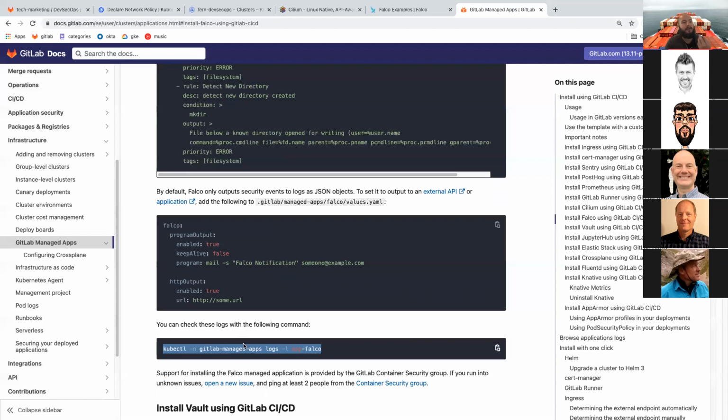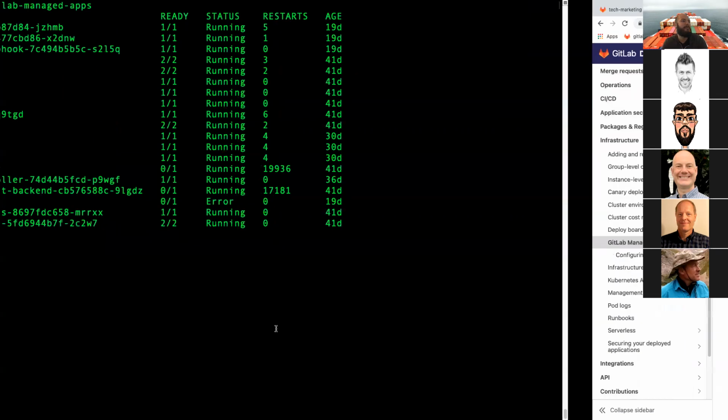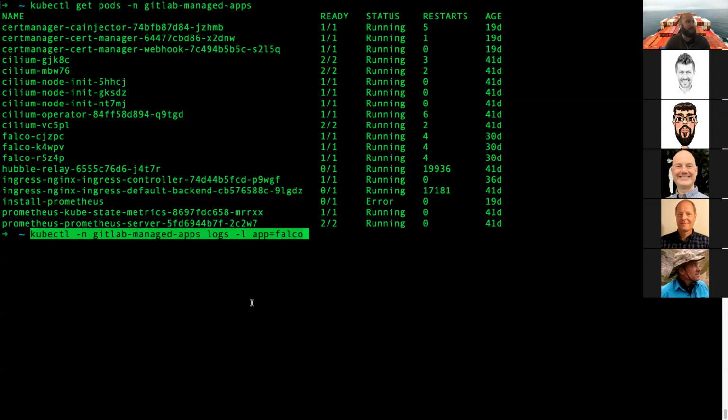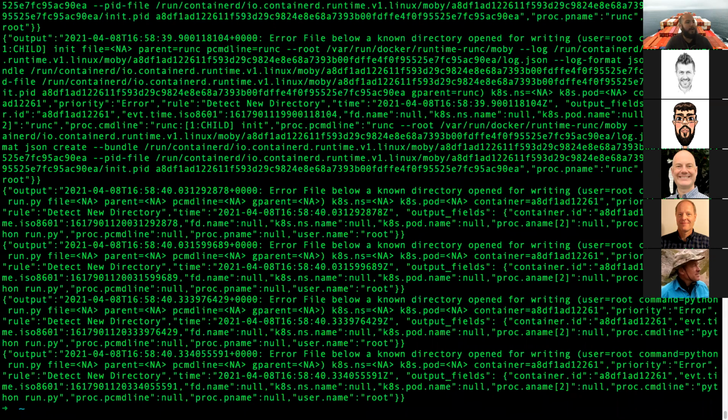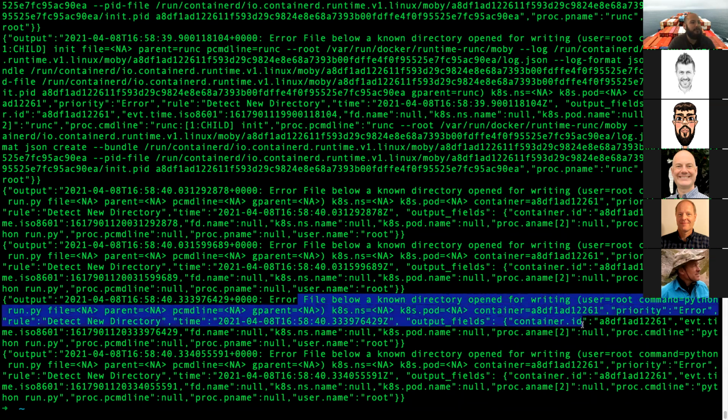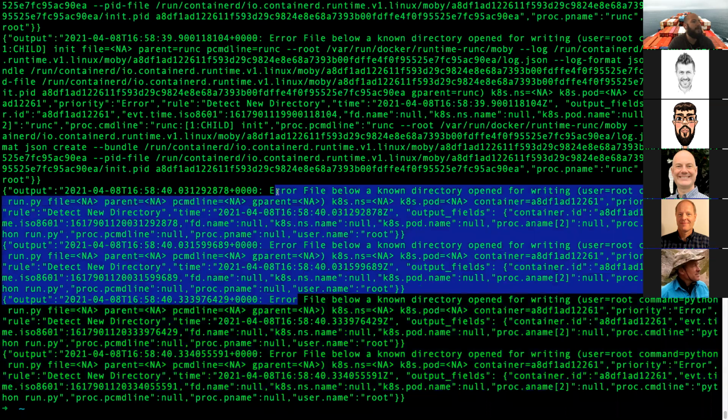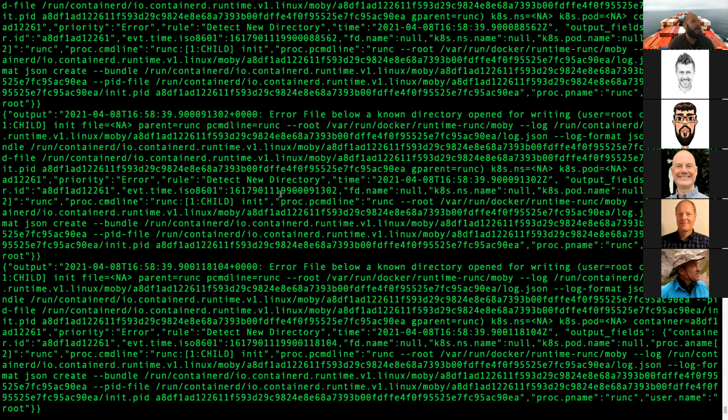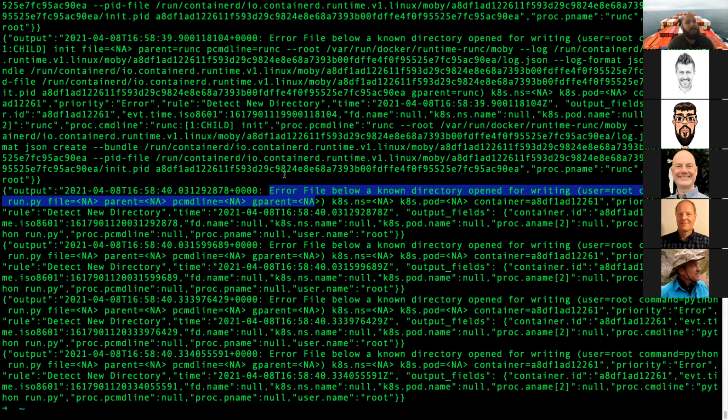Eventually in the future, there's going to be better alerting systems that will say, hey, Falco detected something, here's an alert. That's something that's in beta right now, and they're working on it, so you can create issues and alerts based off vulnerabilities found within Falco or within network policies. But right now, one of the ways of seeing this is you would have to go in here and look through the logs and see, oh, okay, a file in a known directory was opened for writing. These are errors we found, that someone's trying to write to a file. Eventually all that's going to be streamlined